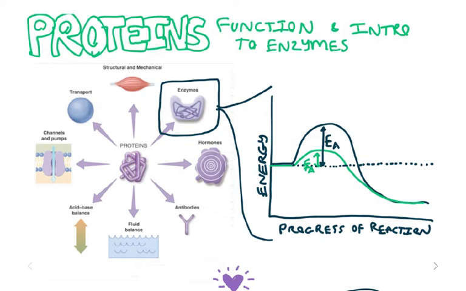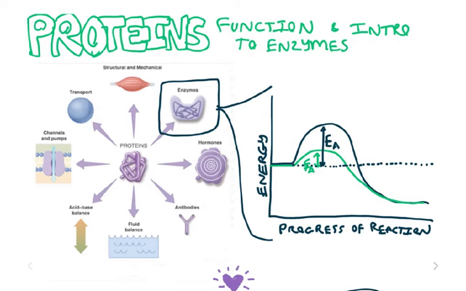If you look at the graph on the right of the screen, you can see it's plotting energy versus reaction progress. You have a starting energy, that's the energy of the reactants, and you have an ending energy, that's the energy of the products. But in the middle, you can see this part where the energy goes up a whole lot. That's because that part of the reaction is the transition state, this transient or very temporary structure that's between the reactants and the products. To get here, you need a whole lot of energy put in, and that amount of energy is called